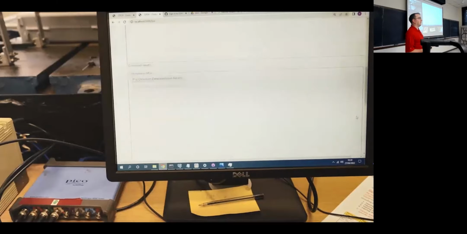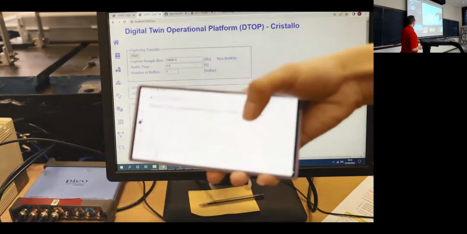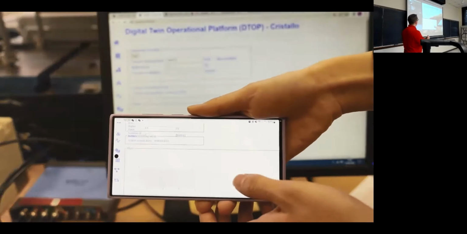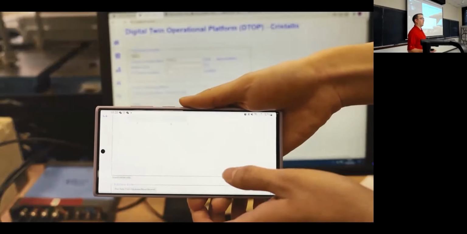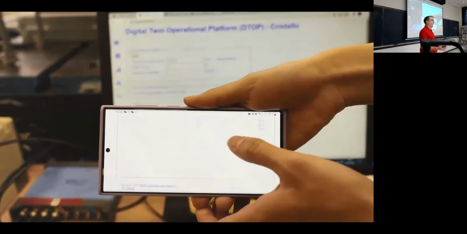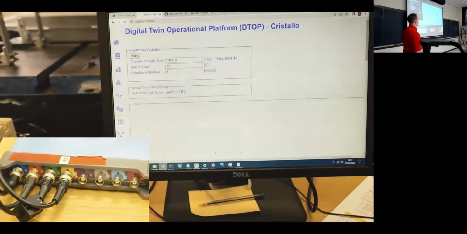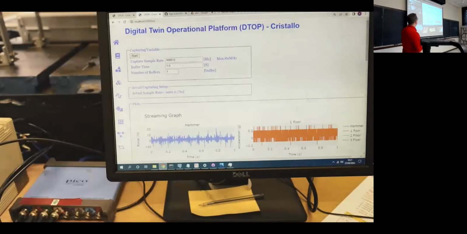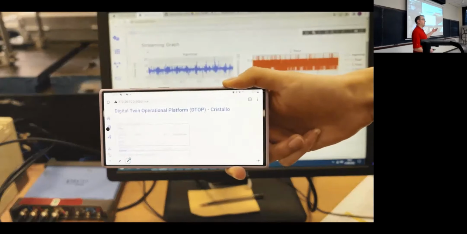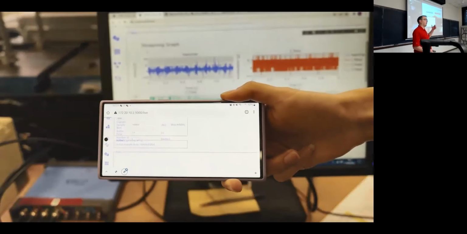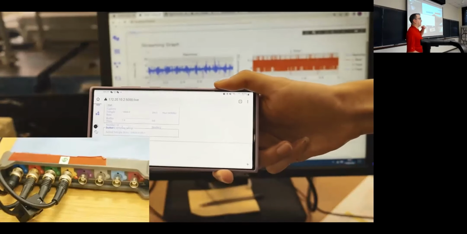So if you don't know much about structural dynamics, don't worry, it's not a big part, but we're doing a simple impact test. So what we have here is the computer in the back that's physically connected to the hardware. So it's connected to the data acquisition that's connected physically to the system. And so what we can do in the DTOP is, if we click start, we're actually telling the data acquisition to start collecting data. And so it gathers that data and displays it to the screen.